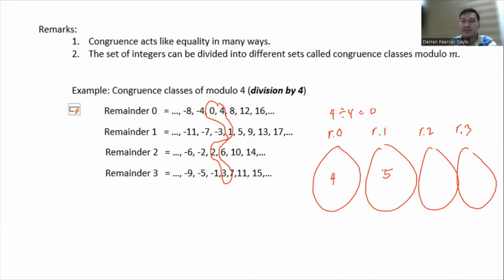Pag-abot sa 5, hindi siya sa remainder 1. Pag-abot kang 6, diri siya sa remainder 2. Pag-abot sa 7, hindi siya sa remainder 3. Pero pag 8 na, balik naman siya kay it's a multiple of 4. So meaning remainder 0 kung multiple by 4. Mura ra ka ga-add og 4, no? Kung ga-add ka og